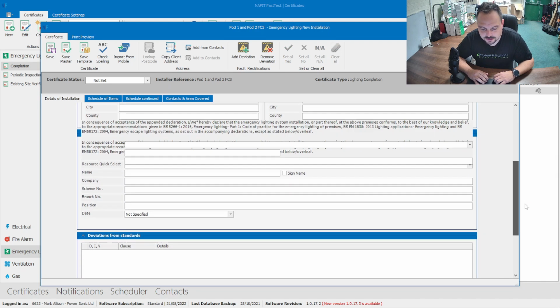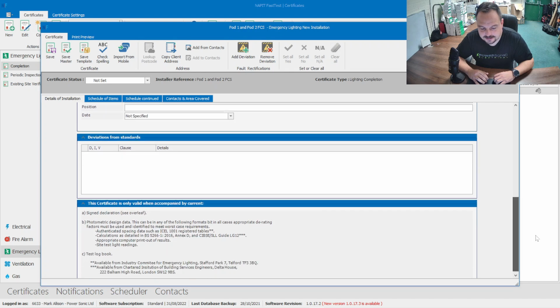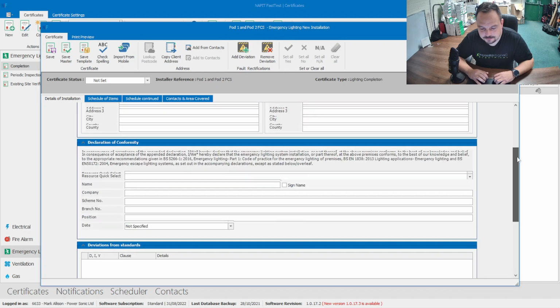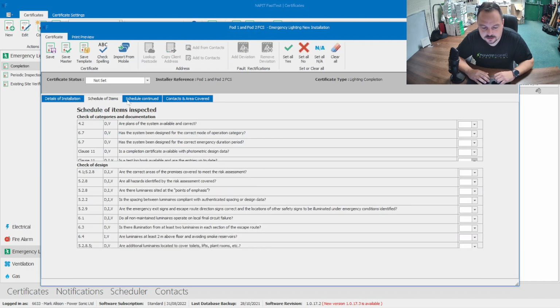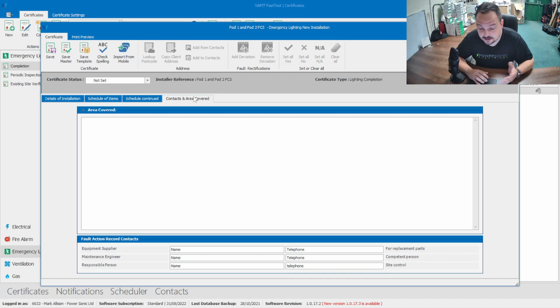You can see how you would put in the details from the site, any deviations that you might have seen. This is a completion certificate, by the way, so it's a system you would have installed, and then just add the lights on, create a system for that particular setting. If we have a look at